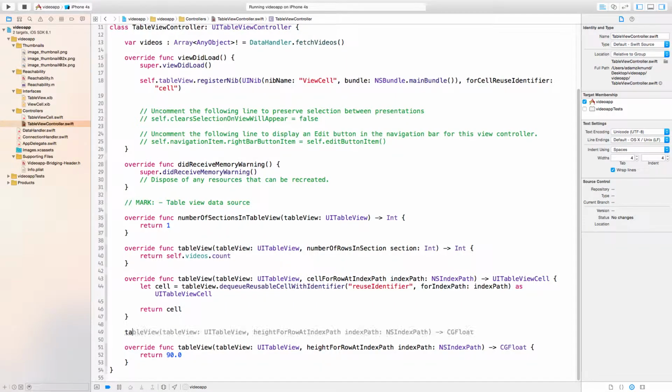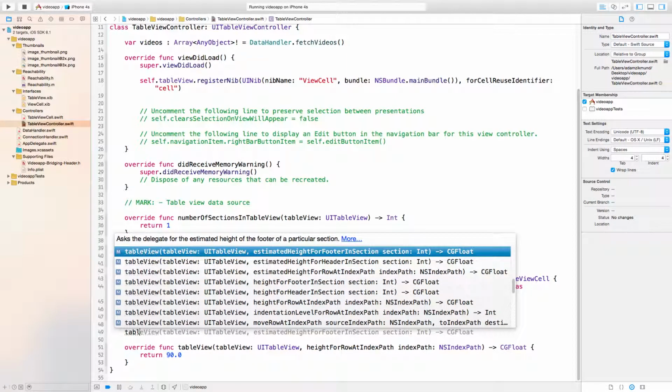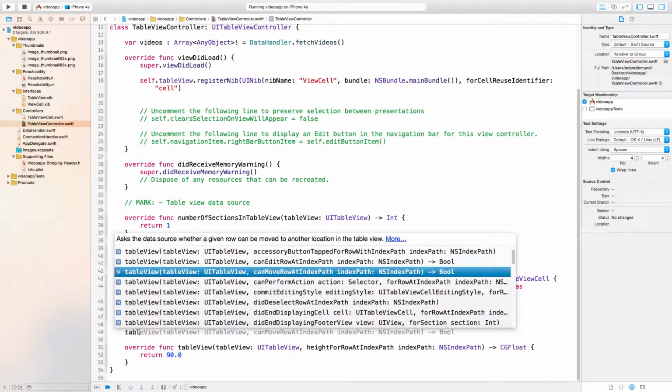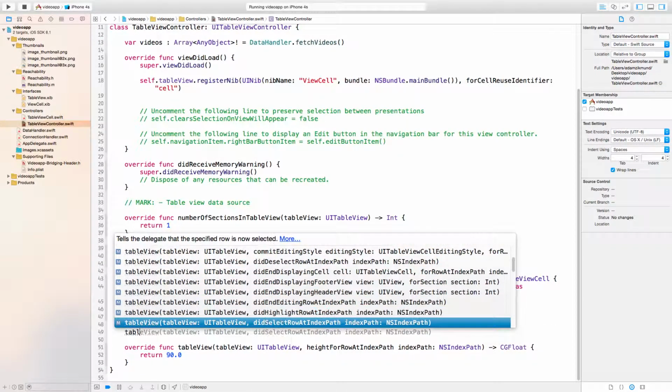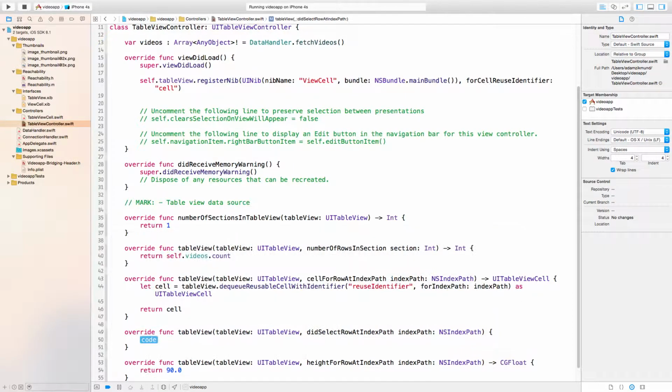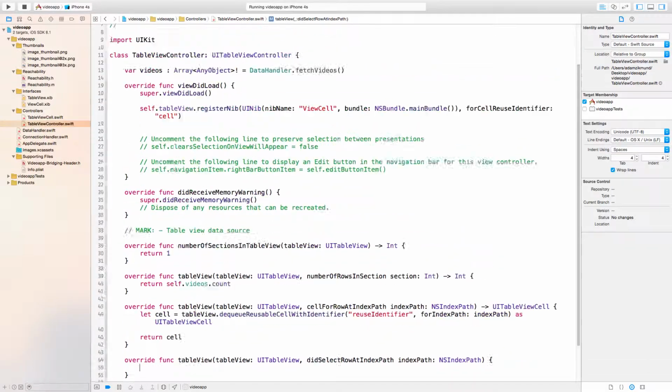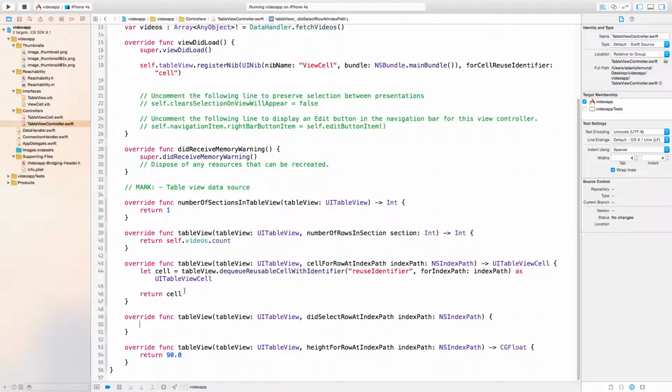It is the function didSelectRowAt index path. Okay, so what we need to do now is just simple, and we have to